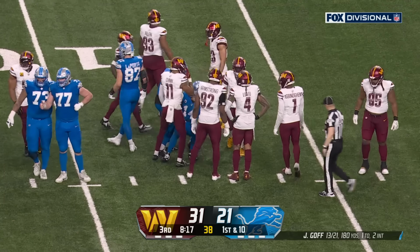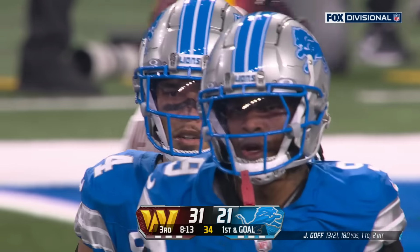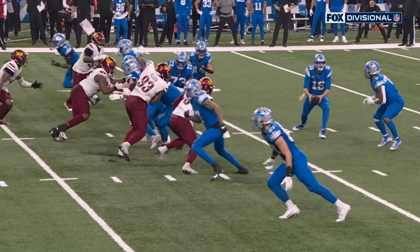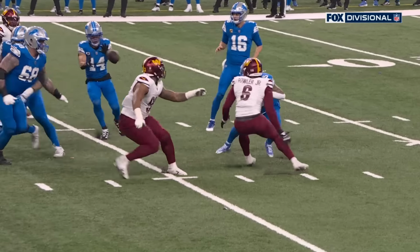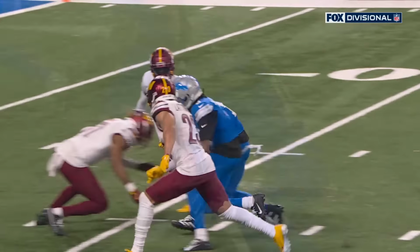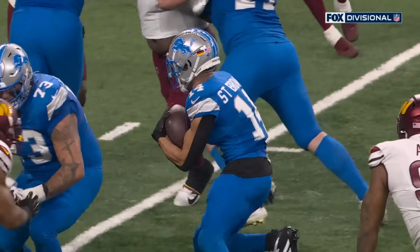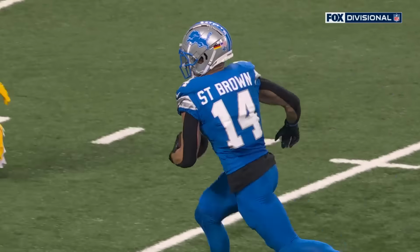How about that play? A lateral and a shovel. And St. Brown with a big gainer has 20. Literally, it's almost a toss crack. Fowler's unblocked, but no, it's a little shovel back to St. Brown. Great execution. And I guess when you believe in your players so much, you'll be...